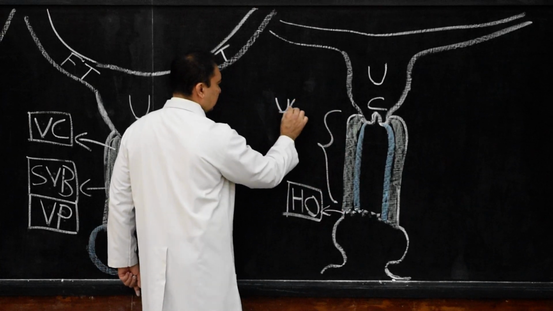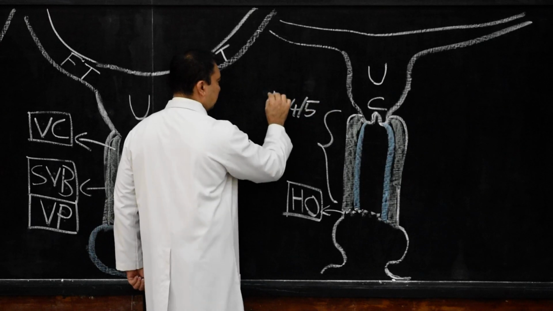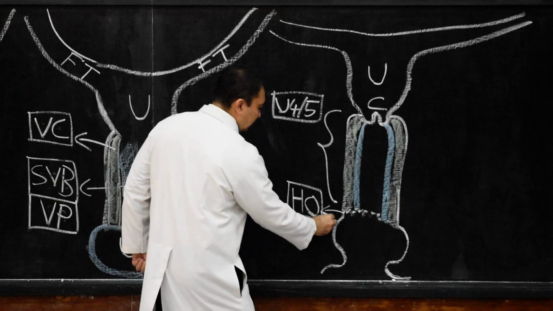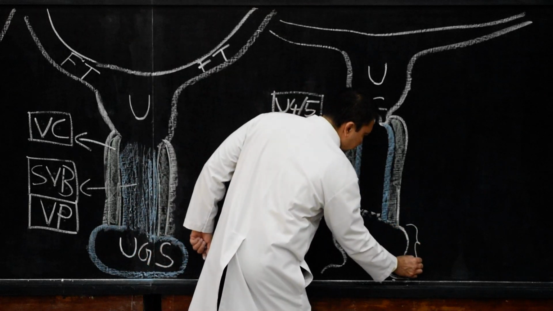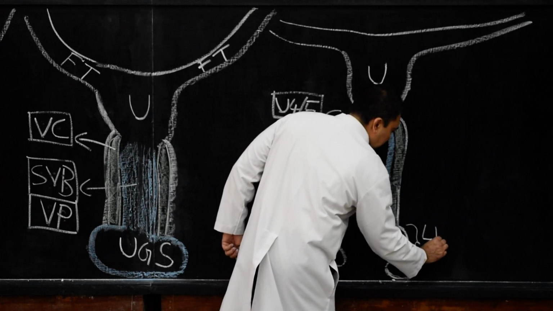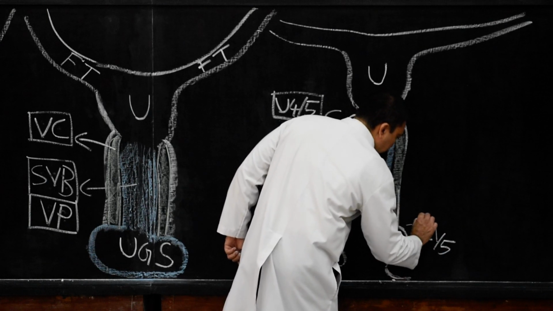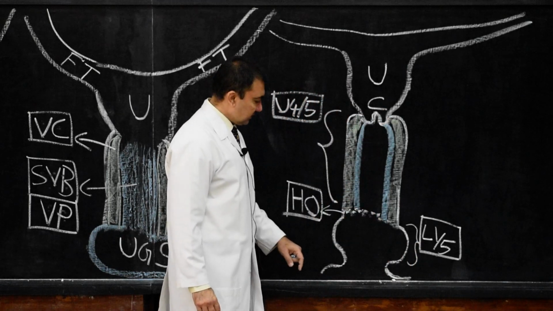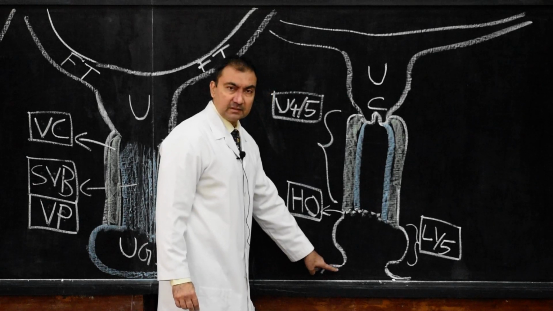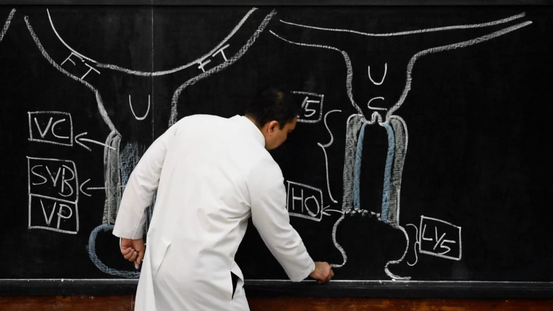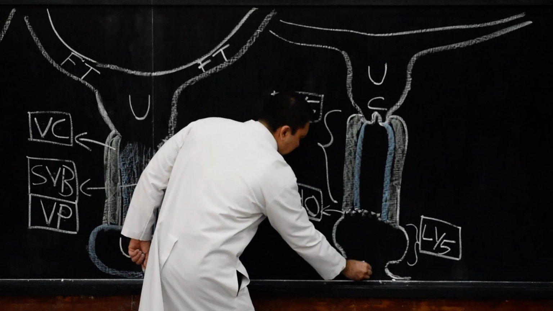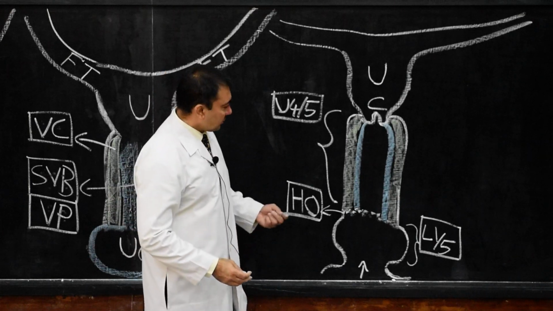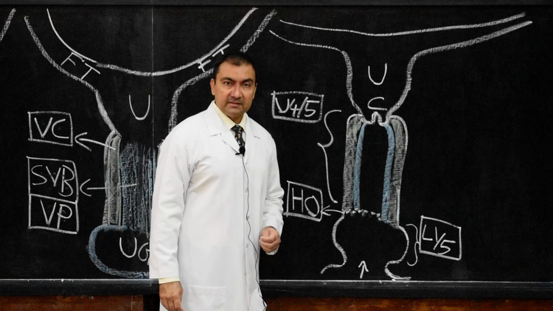Then at the level of the Mullerian eminence, we divide the entire vagina. This will be the upper 4/5 part of the vagina. This is very important. Below the hymenal orifice, that is below the Mullerian eminence, this will serve as the lower 1/5 part of the vagina. And the last portion over here, if I put this arrow, is the external opening of the vagina. The entire vagina is now divided gross anatomically into 3 different parts.